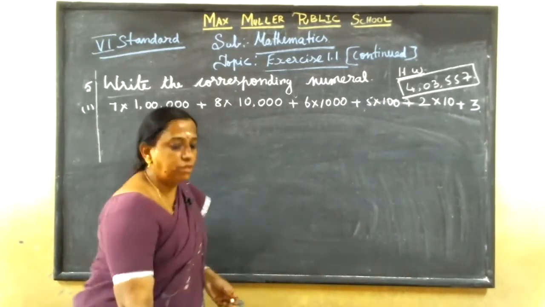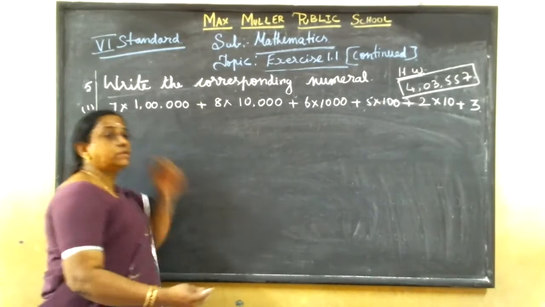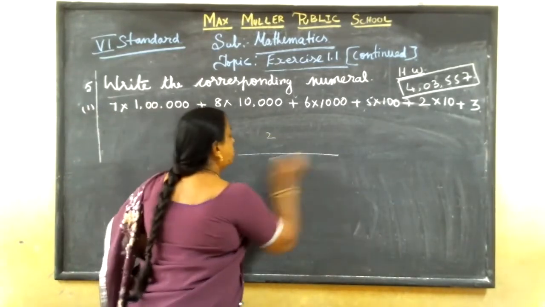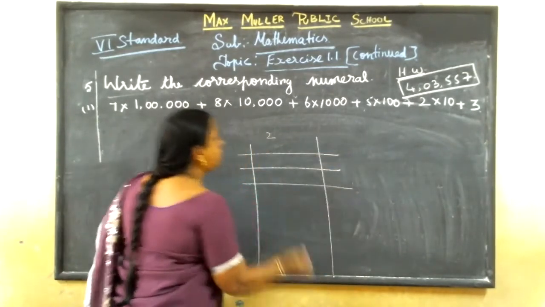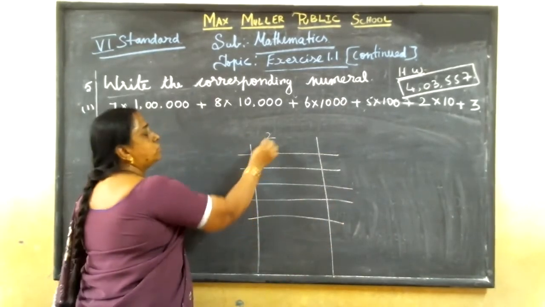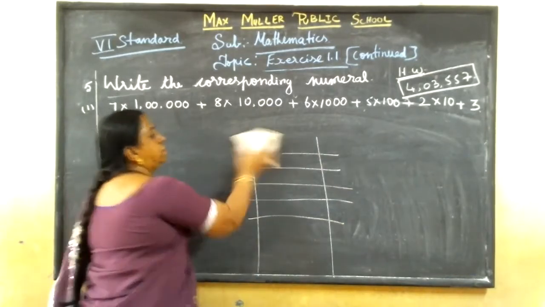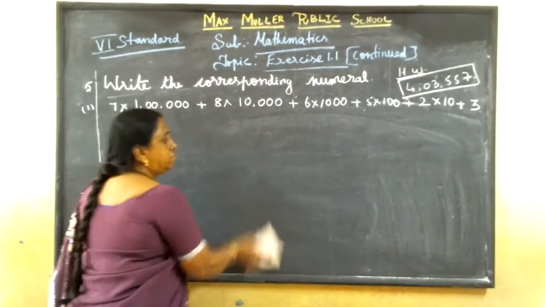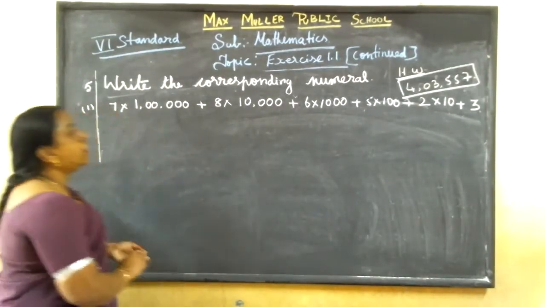Here children, one more thing I want to tell you. In your book list, you got 2 horizontal line maths books. Keep one for homework and another one for classwork. In that, one is for maths classwork, another one is for maths homework. Clear? 200 pages, you got 2 horizontal books. In that you keep one for classwork, one for homework. Okay, now this is the question.